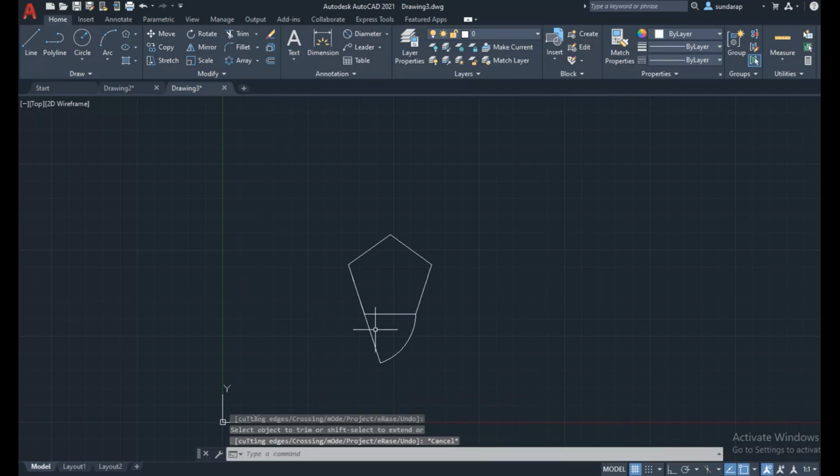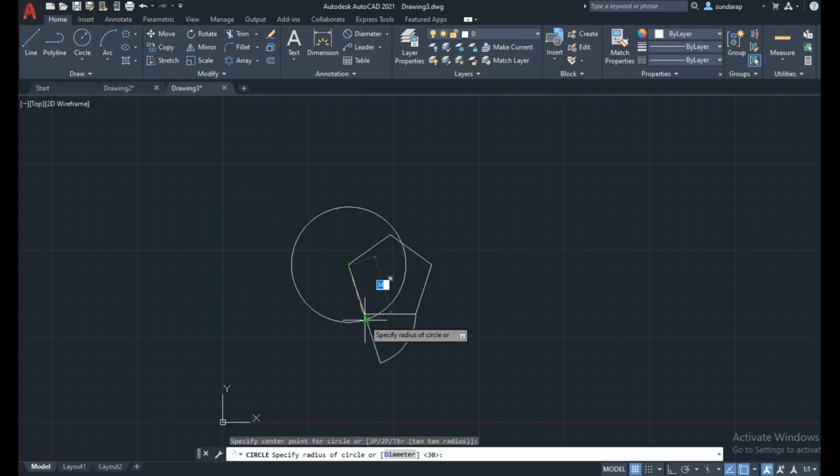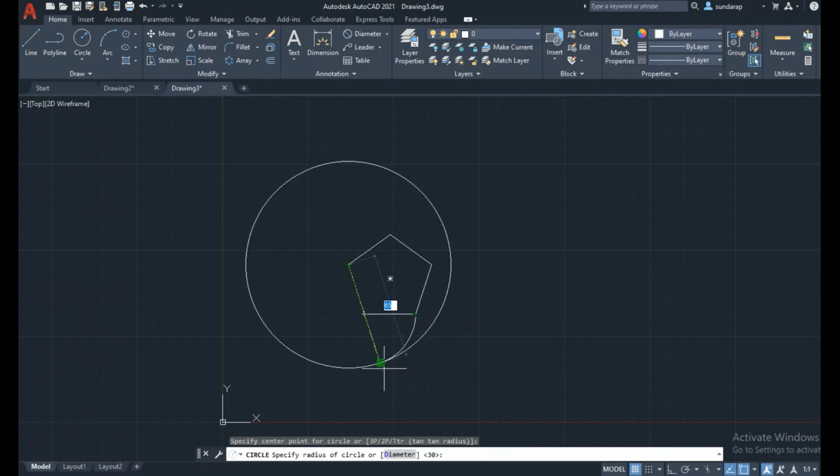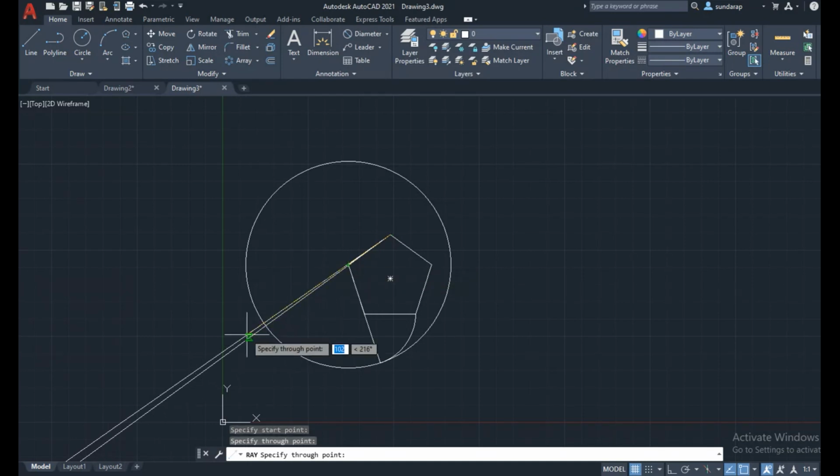Similarly, for the second face, 30 plus 30 is 60. Then draw a circle of 30 again for this face. This is the second edge, so 30 plus 30, 60 radius. Draw the circle. Then again you can use the ray command, which is used to extend the length of a line by picking 2 points.